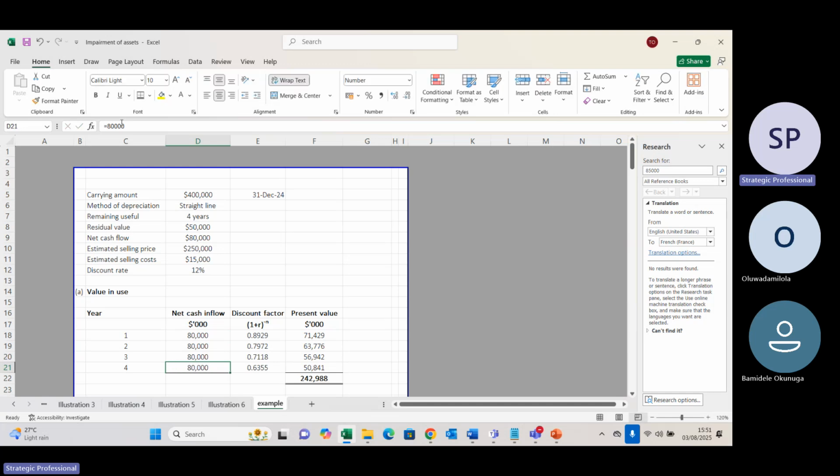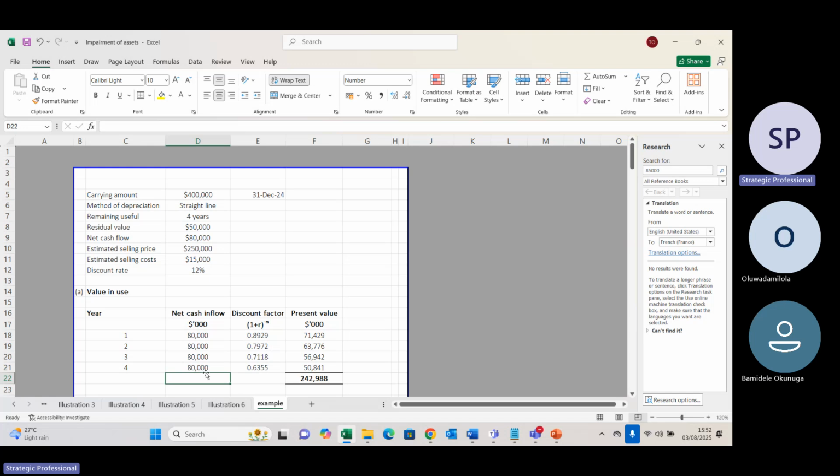Look at this thing now. In this particular example, you will notice something. The residual value, they gave us the residual value 50,000, and 80,000. Common mistakes that people make in exam is they don't consider residual value in the last year. The examiner will give you residual value, but because of the way you have practiced, most of the previous questions we have done have no residual value. Residual value was nil. But in this particular case, residual value was given, which is 50,000.